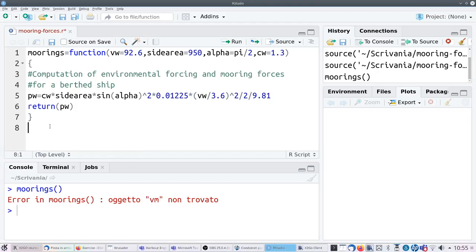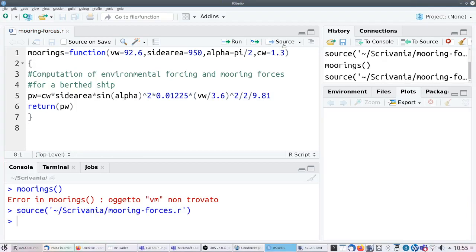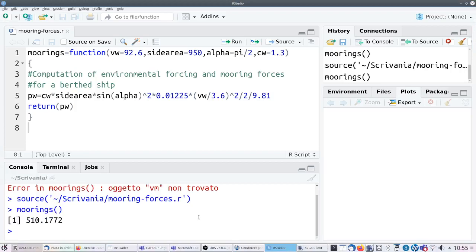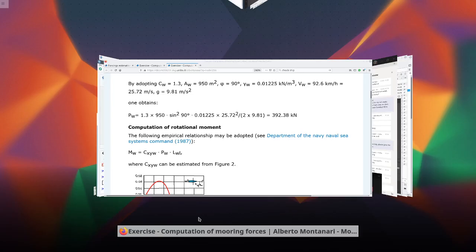Okay, I corrected it. Let me save it, source it, and then let's try again to run the function. I go to the console, and in order to run the function, now I use arrow up to get it again. It's 510. Let's see whether it is coherent with what I reported in the web page. It seems not. So let me see what is